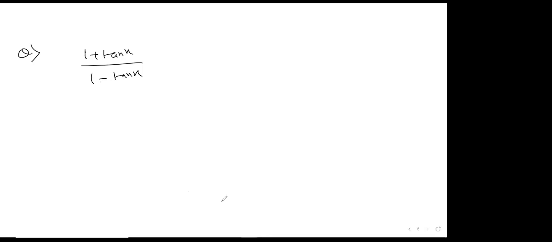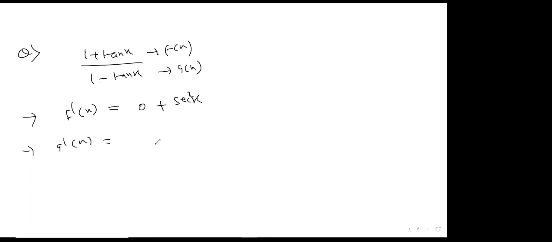All right, how can we solve this? Suppose this is f of x, this is g of x. Let's find f dash x. This will be 0 plus secant square x. g dash x will be 0 minus secant square x. Putting that in the formula, the answer will be